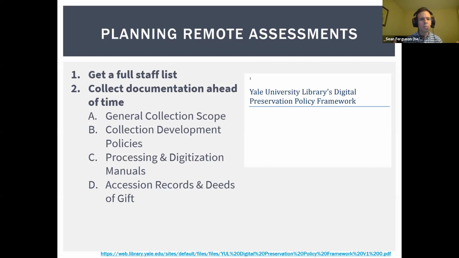Next, try to collect as much documentation ahead of time as you can. It's way easier to read these things ahead of time and heighten the quality of the conversation you have later. Because if you read, maybe they have a collection development policy and some procedure manuals already, maybe an accession record and a deed of gift,